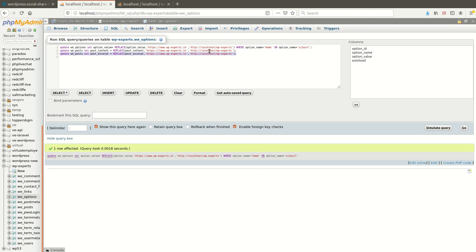Copy the URL once again, then post meta, post meta. Here it is meta_value, the meta value column, and the same URL. So all four queries are ready to update all your URLs